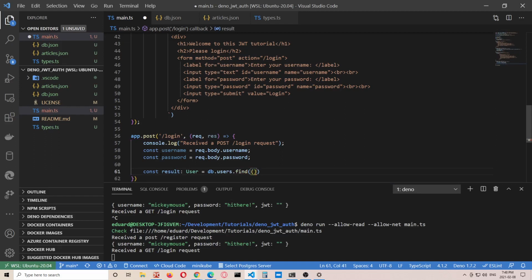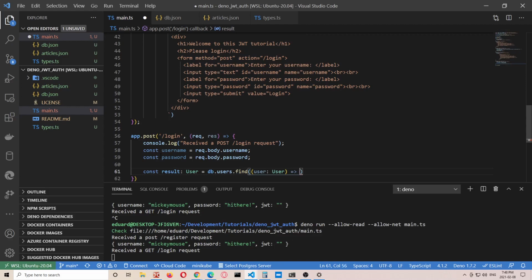If you remember, the find algorithm in the arrays object takes a callback, and it tries to find the result that fulfills the callback. So that callback will be receiving a user of type user,